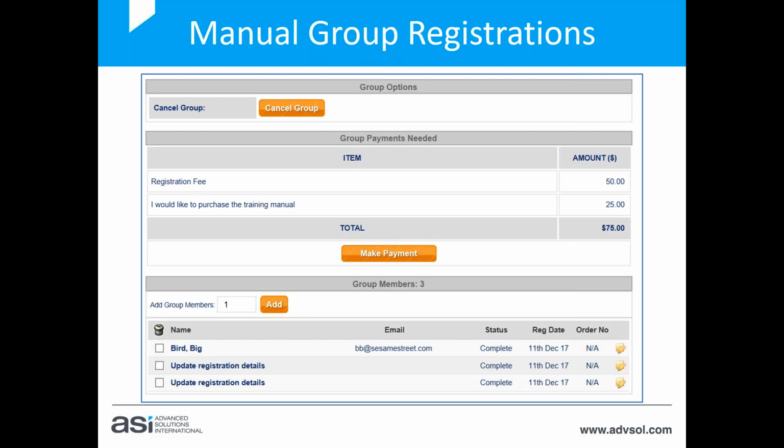So what about group registrations? Some reasons that you might need to create a group registration as a manual registration through the back end rather than the front end, there's a couple of reasons you might do that. When someone makes a group booking on the website, on your system, they have to know everyone's details to be able to complete the group. So in order for them to make payment, they need to know who the real people are within the group, pop in the correct details, and then the system knows what relevant price to apply if they're a member or non-member,